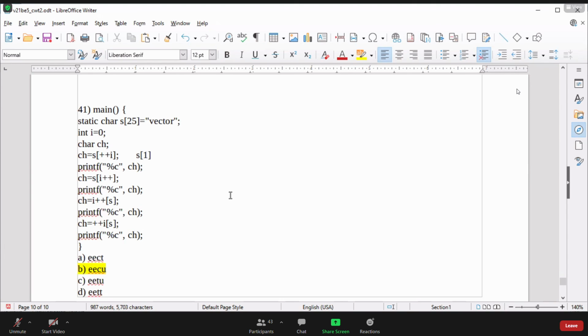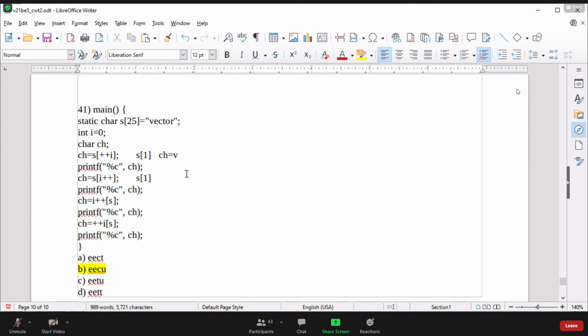What is S of 1? S of 1, we can say, is the character V. So here CH is equal to character V, and it will print character V. Now next time, once again S of 1. Why S of 1? Because it's the post-increment of the I variable. Post-increment means first assign.